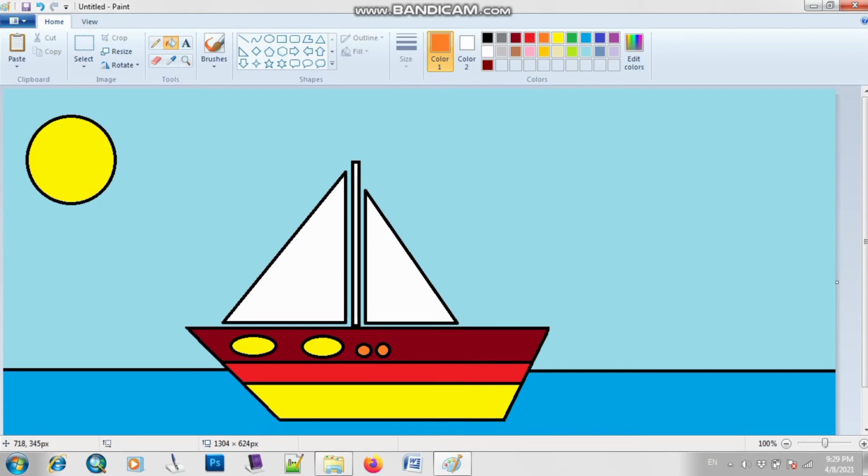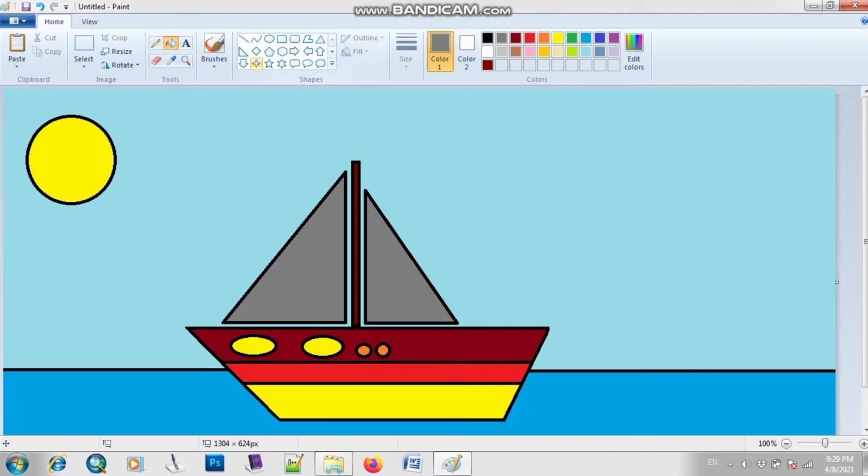So after filling the color in this shape, if you want to fill color in these bars, basically these are your poles, so you can select color, like I will choose the same color and I will fill inside this bar. I will choose this color and I will fill. Similarly I will now choose gray color and fill inside these shapes.